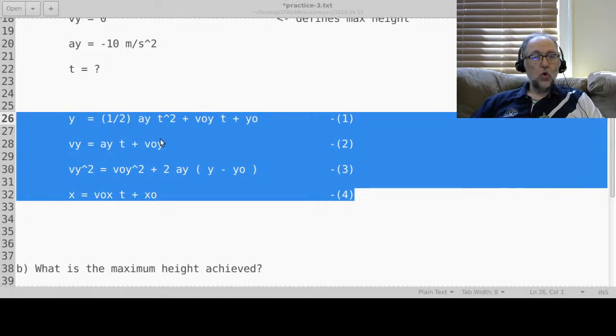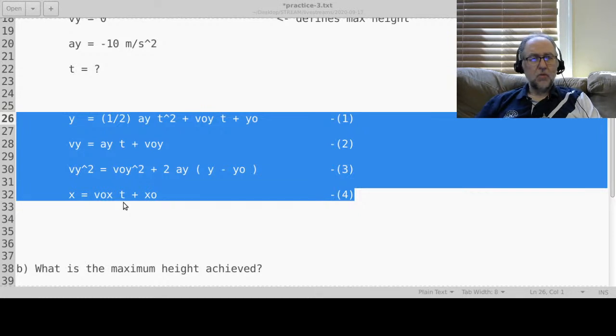Okay, so what you have here are 4 equations, and only the last equation, number 4, is about x information. The reason that the x equation is so simple is because ax is equal to 0, so there's no acceleration in x. It just turns out to be this one equation here in terms of how far you move horizontally in terms